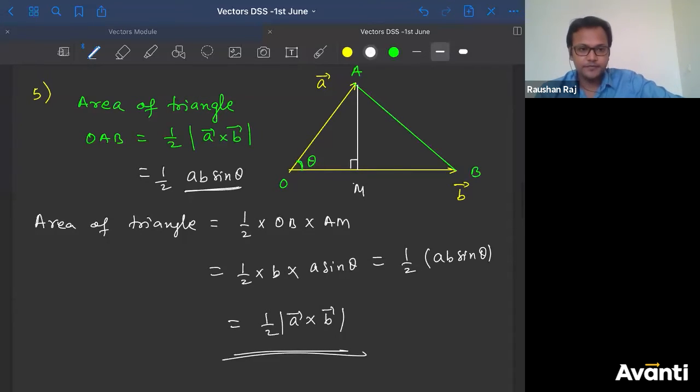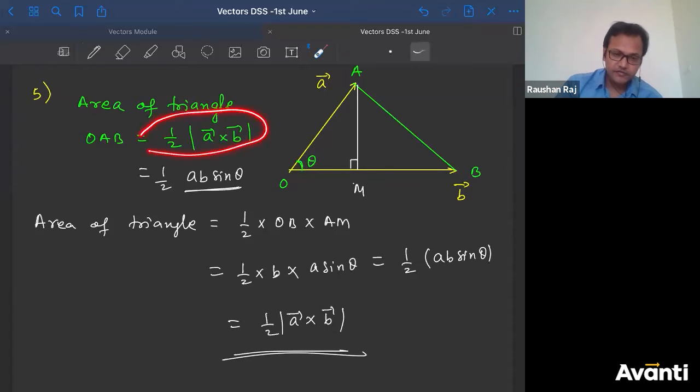Thank you. बहुत बढ़िया. So whenever you have been given two vectors, and if this is being asked to you that find out the area of triangle contained between them, then how will you find that? You have to use this formula. क्या मिलेगा? Half into modulus of A cross B. Find out the A cross B, find out the magnitude of A cross B, and then take half. That is the area of triangle.